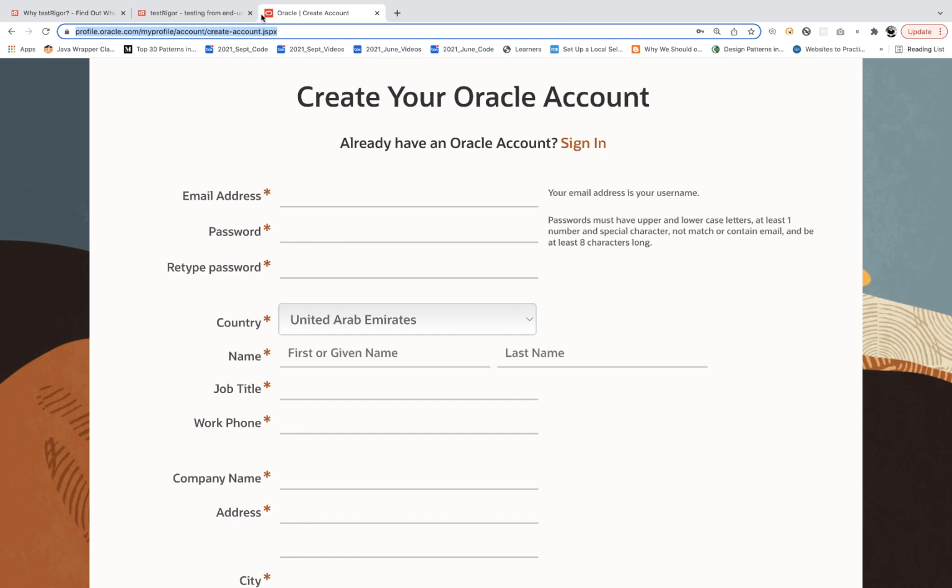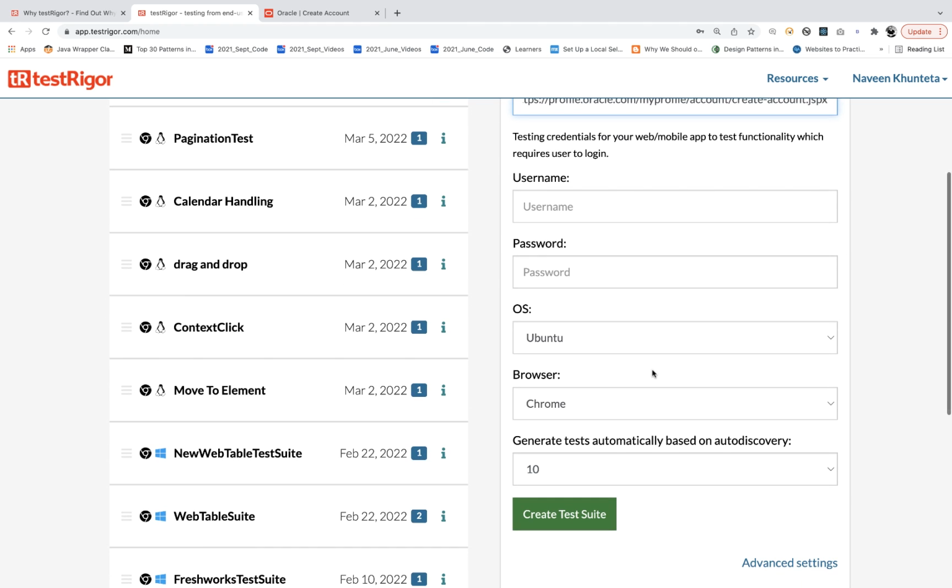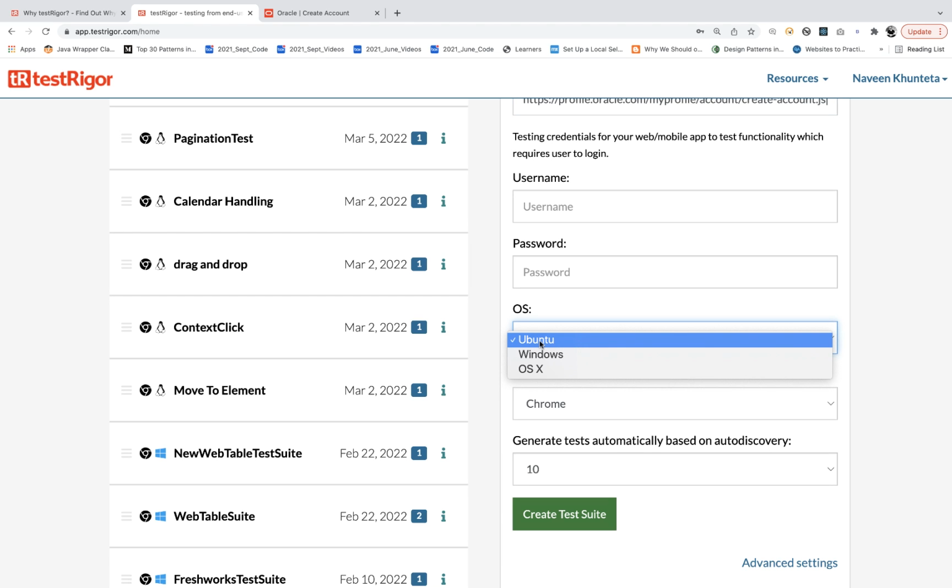I'm not showing you how you will write the test cases and everything. Today I'm just giving a basic demo so that you will get to know the power of this particular tool, how exactly this particular tool can do a really good value addition in your company and for your team. So this is the URL that I'm going to use, and right now I'm not having any username password. And then in the free version, right now I'm using the enterprise version. In the free version, you will be getting Ubuntu, although they support Ubuntu, Windows, and the Mac OS as well. You can prefer any of them, but in the free version, you will be getting the Ubuntu, that is a